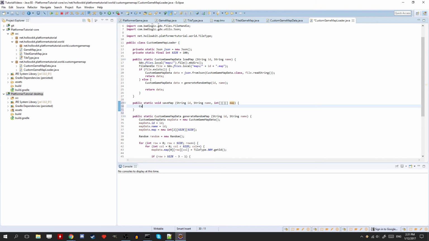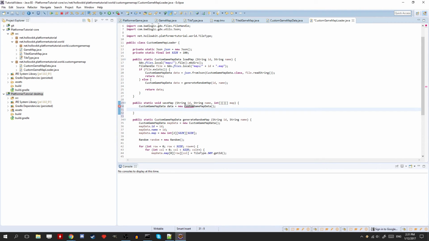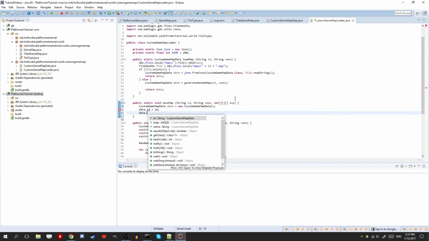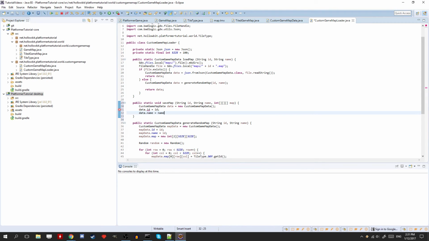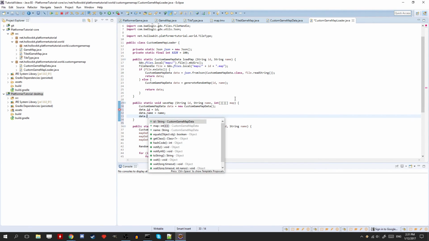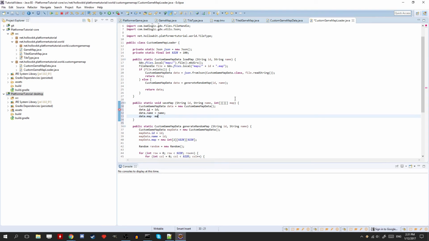Okay, so it's going to create a custom game map data. And then we need to fill it with the values that we got. So data dot ID is equal to ID, and data dot name is equal to name, and then data dot map is equal to map. So we're creating this object here,